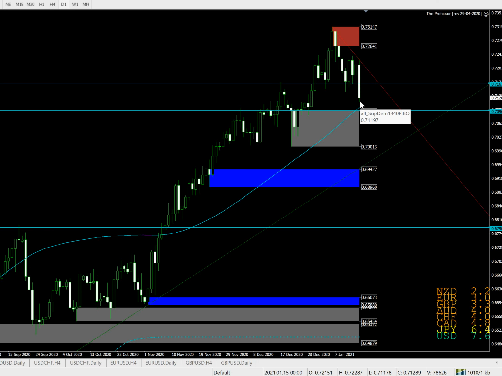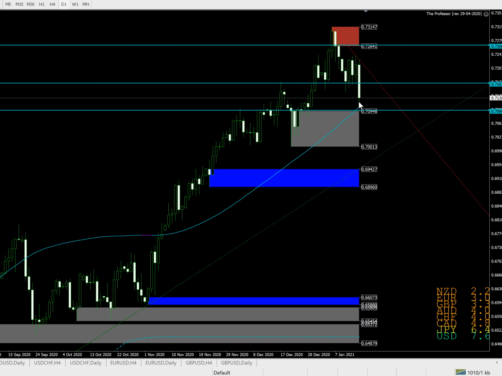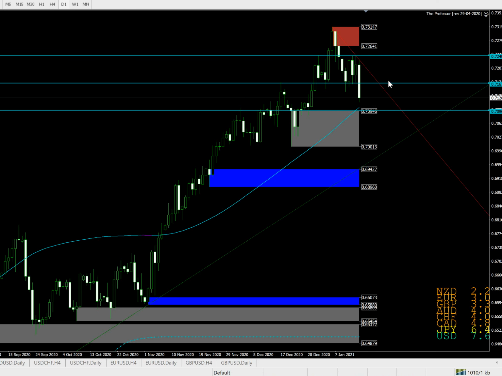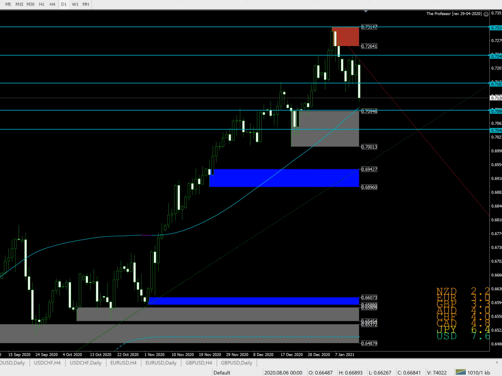So what does that mean? One of two things. Price could come down to this level and experience resistance at this support level, okay, and then move back and forth between these levels. Could move up to here. Okay, I really see this being our new consolidation period. If it breaks above this level of 0.72401, then it could very easily head up to the 0.73143. Okay, now if it breaks below this, then we could definitely be seeing a trend reversal. If we have a trend reversal, you can expect price to head to the 0.70467 level,